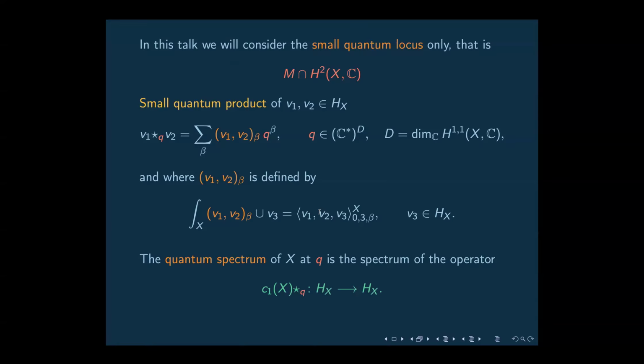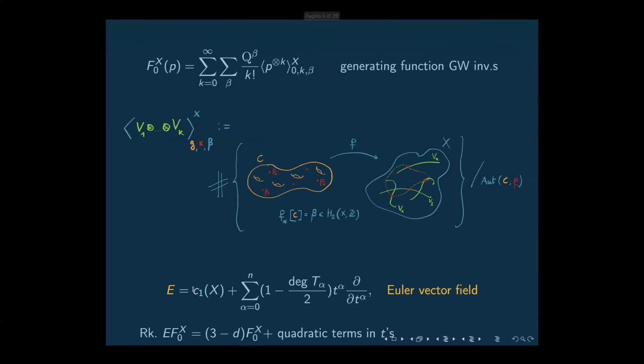All right, if we go back to the previous slide, as you can see, this Euler vector field, so this vector field encoding information about the homogeneity property of the Gromov-Witten potential, if restricted to the small locus, just coincides with the first Chern class of X. The Euler product is just a perturbation of the first Chern class, and it equals the first Chern class along points of the small quantum cohomology.